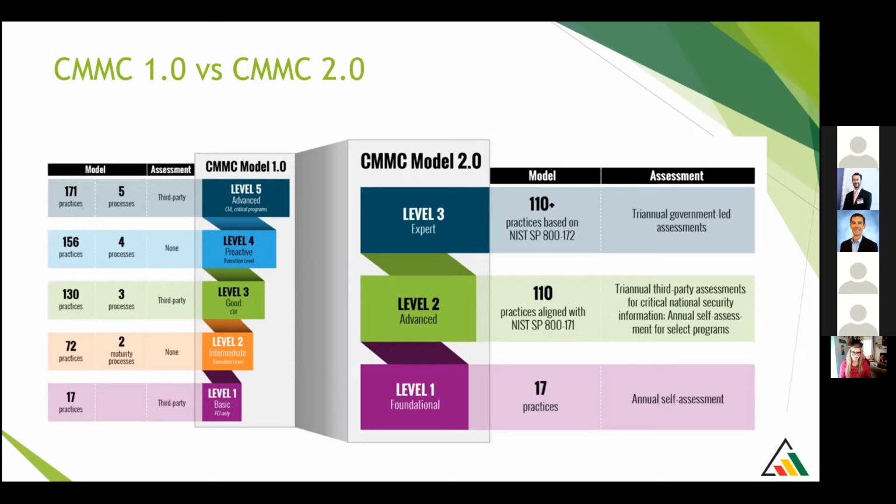The next big change was POAMs. They added POAMs, and POAMs actually affected level 2 and level 3. Now, POAMs are plans of actions and milestones, and we'll dive a little bit further into this. Why this was a significant change is because the organizations before with Model 1, if you had a gap, you had a gap. You had to mitigate that gap, and there was no way around it. Well, with the POAMs, now they're allowing you to use those as a way to fill that gap, to still land that contract. But the thing with the POAMs is they're not going to let you use POAMs on the